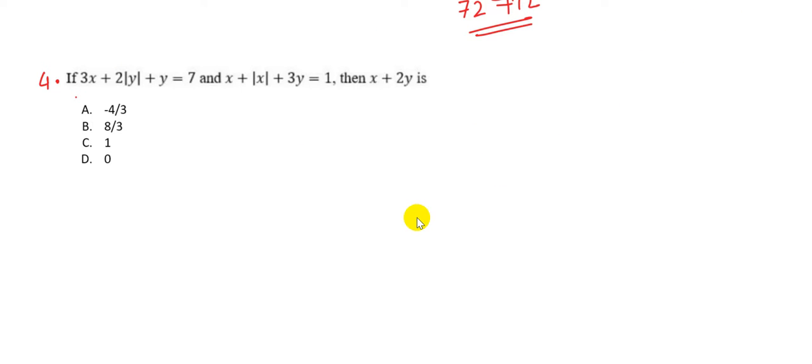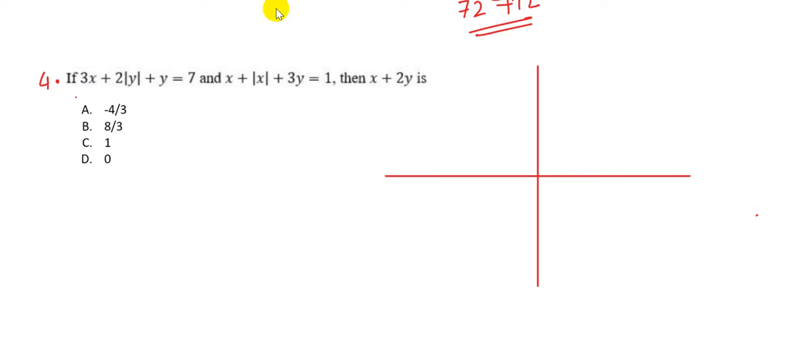Now this is the fourth question, which is a question which involves modulus functions. The best way to solve modulus functions is to break it down into quadrants. So in the first quadrant, where both x and y are positive, modulus y will be y and modulus x will be x. So in the first quadrant, the equations will become 3x plus 3y equals 7 and 2x plus